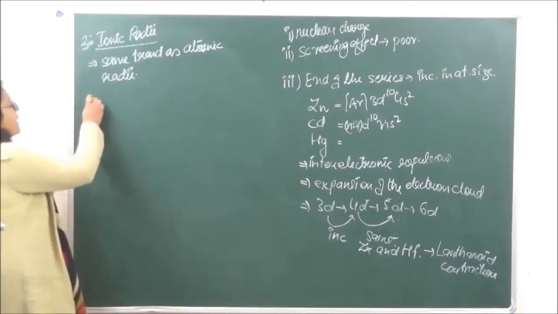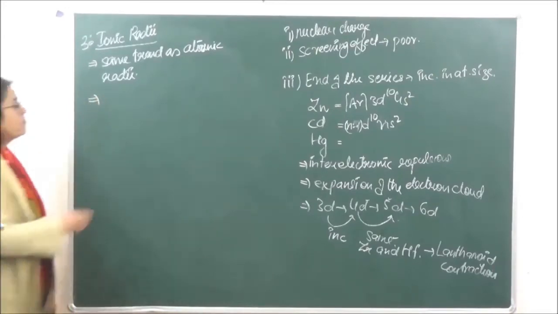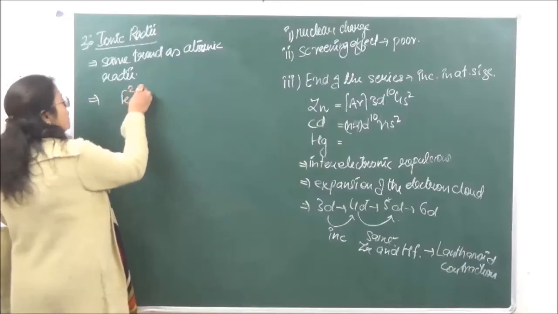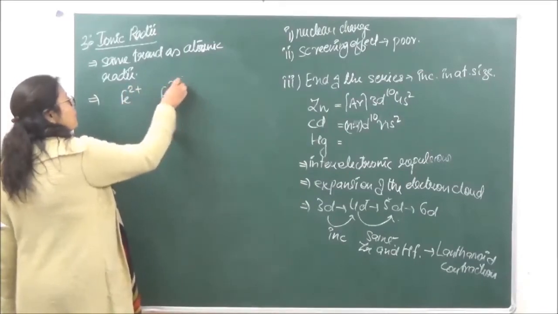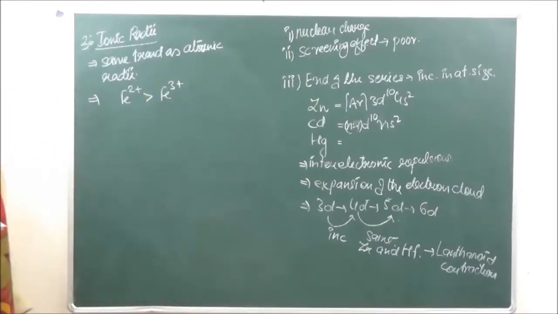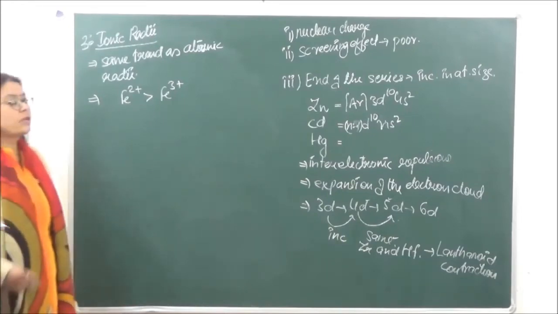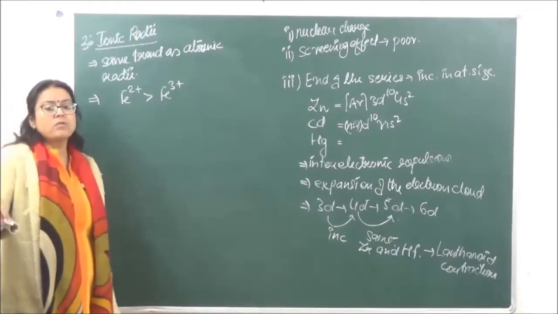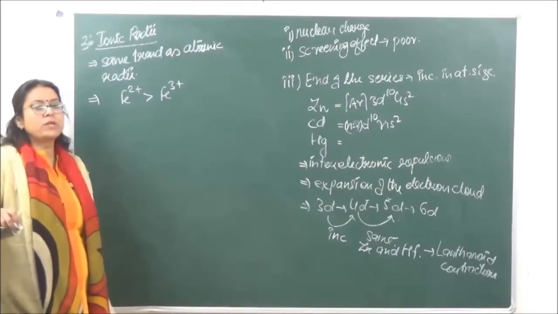But if we have variable oxidation states, like for example Fe2 positive and Fe3 positive, in that case Fe2 positive, the one with the lower oxidation state, is going to have a greater value of ionic radius. ठीक है? Because of effective nuclear charge. In case of Fe3 positive, the effective nuclear charge is going to increase. So because effective nuclear charge increases, the size is going to decrease.